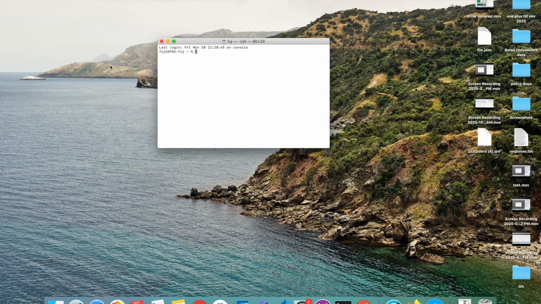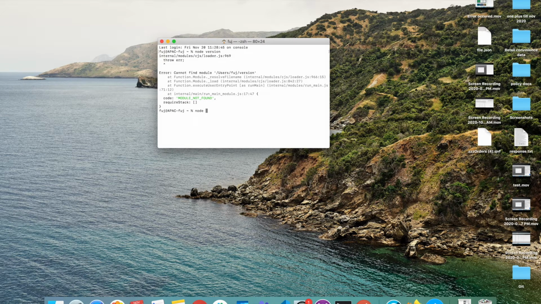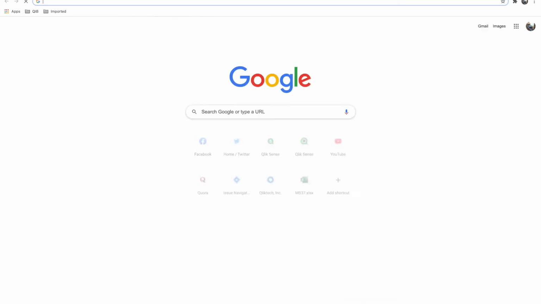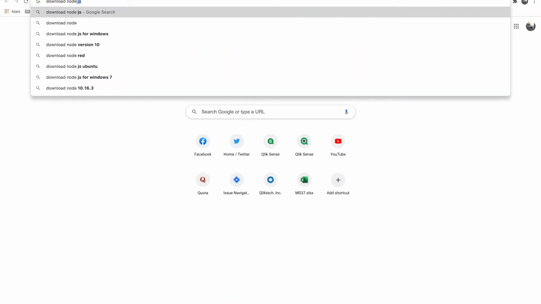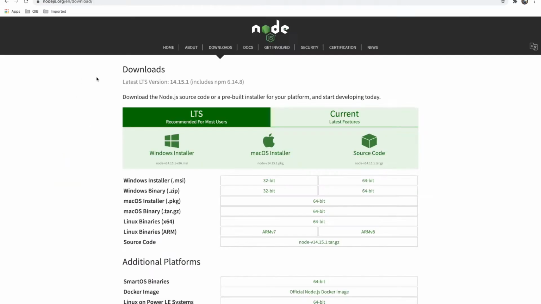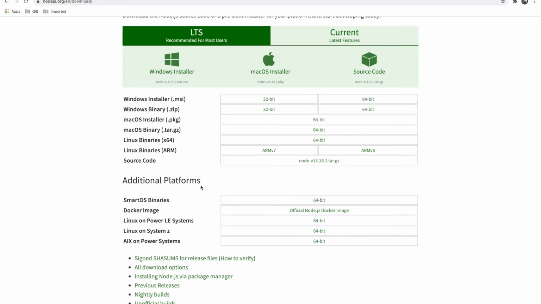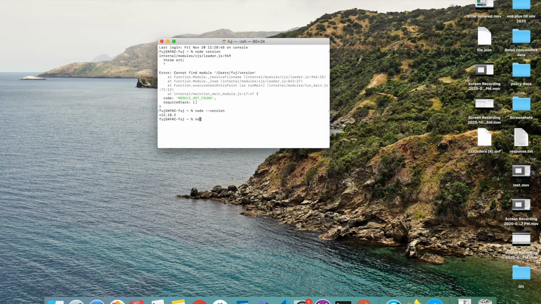So let's open the terminal and check the node version I have. I am using this node version, so you can download node. I am currently using Mac, but for Windows you can also download node.js from their official site. It is freeware, so you can download node.js and install it. After installing node, you need to go to the command prompt or terminal, and you can put node install.